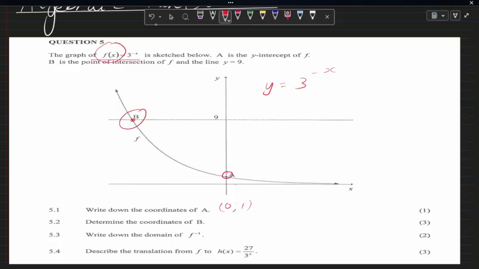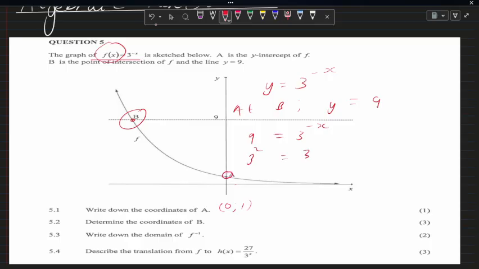And then what we know is that at point B, y is 9. Y is equal to 9. Okay, and then we can use that to actually get the value of x. So instead of writing y, we will write 9, and we have an equation 9 is equal to 3 to the negative x,